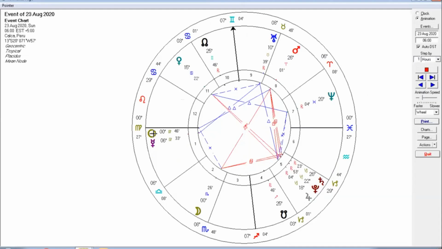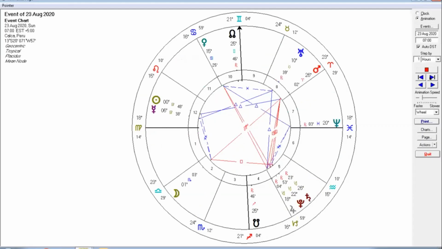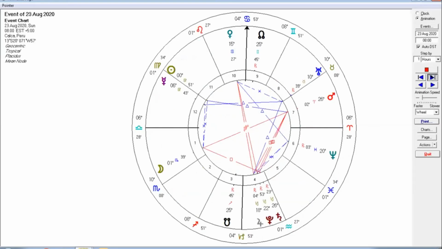And the planets move clockwise through the houses. If you remember, the flow of the moon through the signs was anti-clockwise. But in this other cycle, so here we are at sunrise, 6 a.m. You know it's sunrise because the sun is right on the ascendant. So watch the sun and all the other planets as I move the chart forward 1 hour at a time. So 7 a.m., the sun has risen up to here. 8, 9, 10,